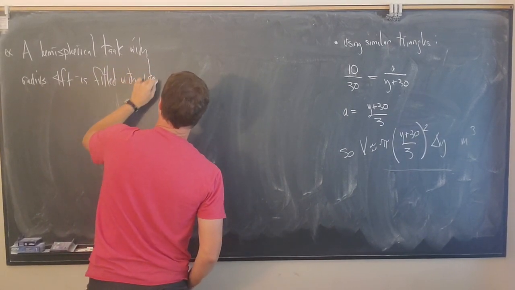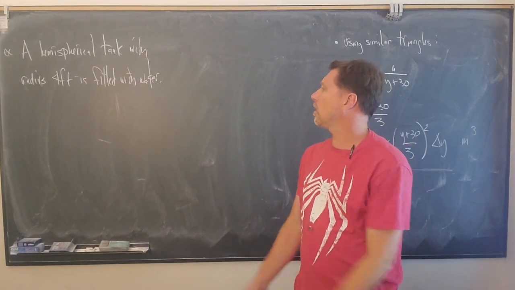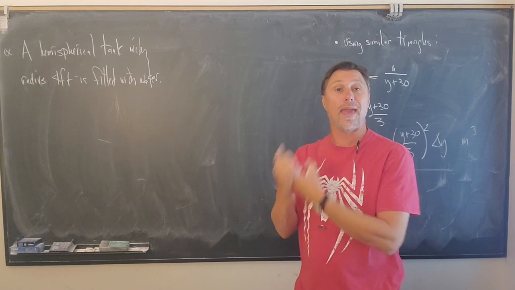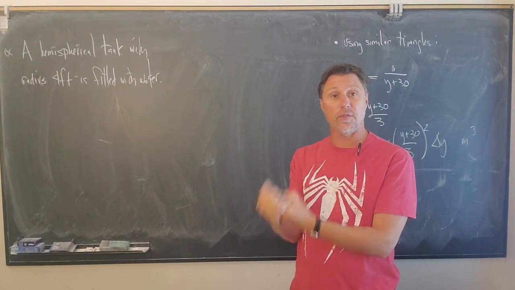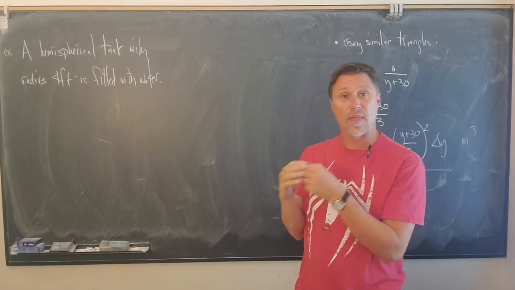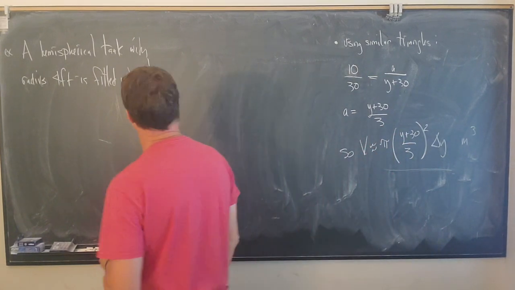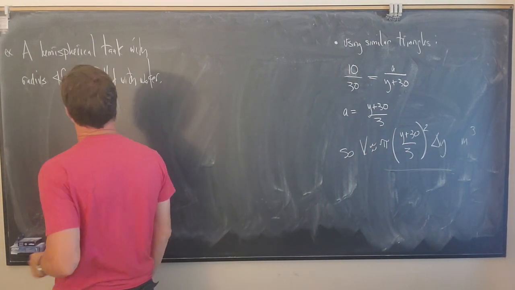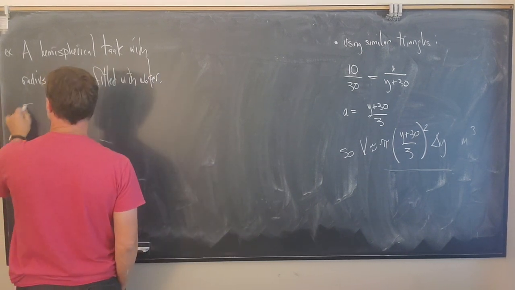with water. Now, I usually just do water to keep things simple, but you can pump other fluids out. Anytime you have some fluid, you need to know the density. So if you get a homework problem or a quiz problem or a test problem where it's a different fluid, then the density of that fluid has to be given to you. So we've got a hemispherical tank with radius 4 feet filled with water. Find the work